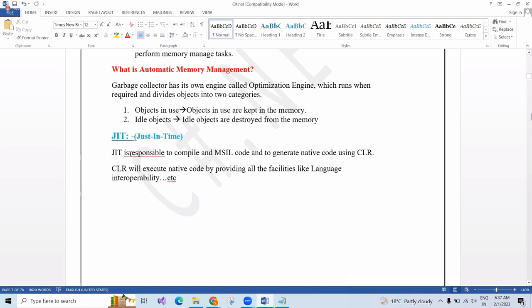Yesterday some people were asking me, sir, how is this MSIL code converted back into native code? And about idle objects, Manikanta, I will explain.